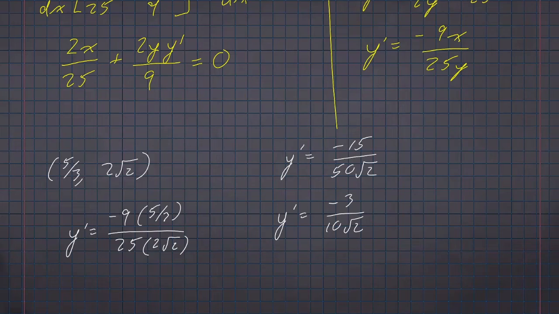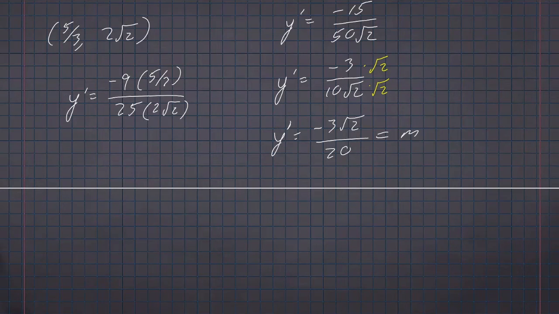And then multiplying top and bottom by square root of 2 to rationalize, we get y prime is negative 3√2 over 20. And again, remember that the first interpretation we had for derivative was the slope of a tangent line. So now we know the slope, we know the point, and we can finish this problem off